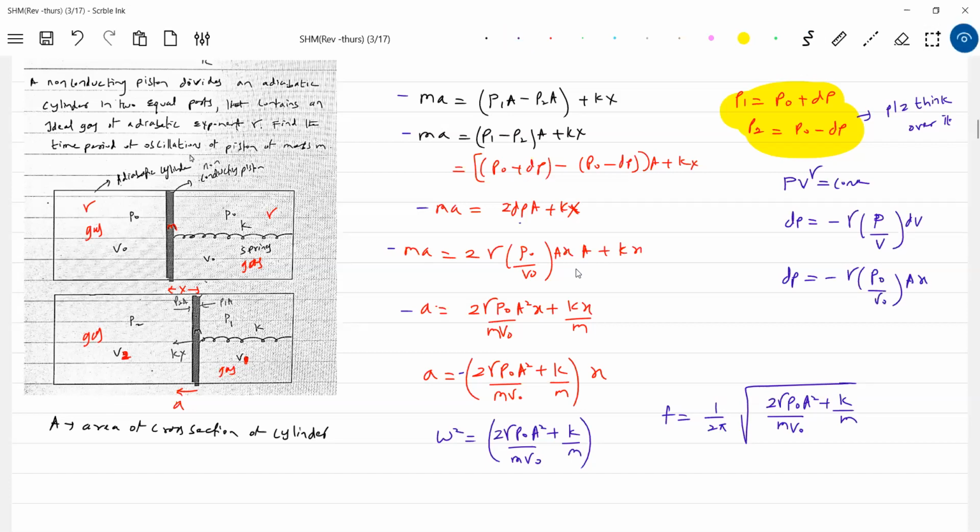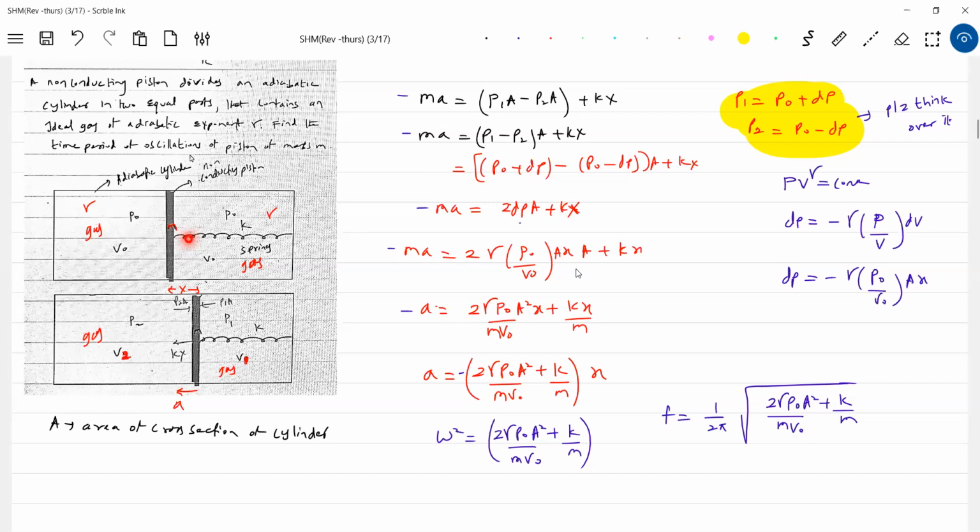You see this, so many things are there. Gamma for a monatomic gas, I'll fill up, both are monatomic. Does the time period of oscillation depend on the nature of the gas? This will be very troublesome for you if I ask about the time period. I say that the time period of oscillation depends on the nature of the gas. You see gamma. It also depends on the piston, whether it is heavy or light, the mass of the piston, the area of cross section of the piston. All those parameters: the nature of the gas, the mass of the piston, whether the piston is conducting or non-conducting, will it matter?